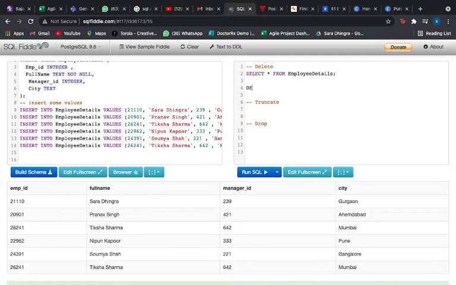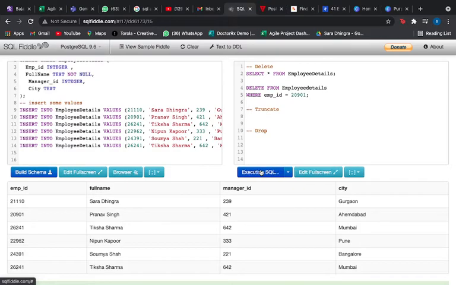For example, if I write delete from employee details, here you can add a condition where, say, I want to delete where employee ID is equal to 20901. I want to delete this particular tuple from my table. So for that I'm using the delete command.